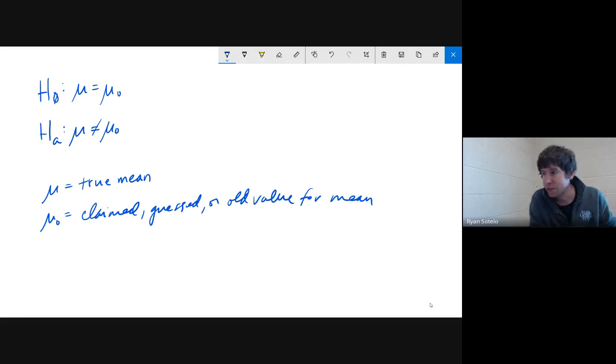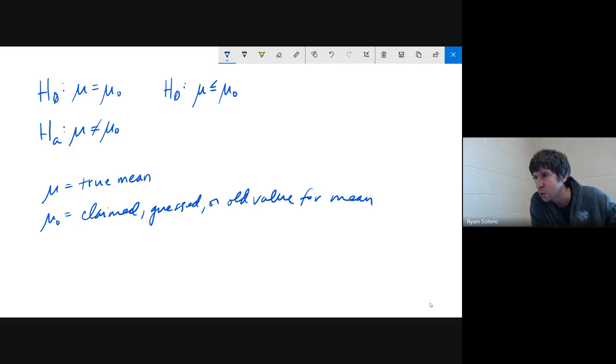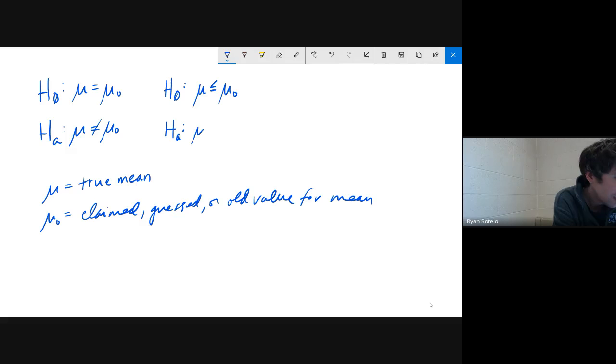Okay. Another scenario you might be in is, let's say somebody claims that the default hypothesis is that... let's say we want to check to see if a number has gone up in value. Like the number of hours that people sleep on average, we think it's higher than it was last year. So the default assumption is that it's the same as the old value, or less than. But usually the top one, the default hypothesis, always has equality in it. And the alternative is always the exact opposite. So this would be that the true mean today is now greater than